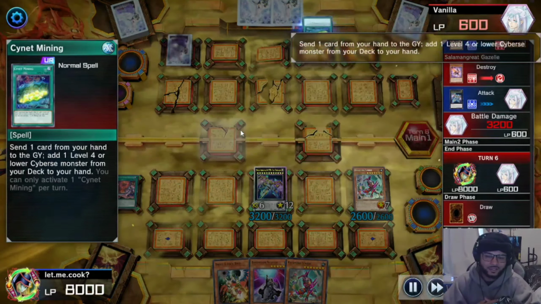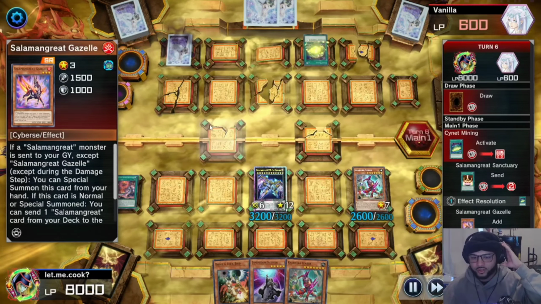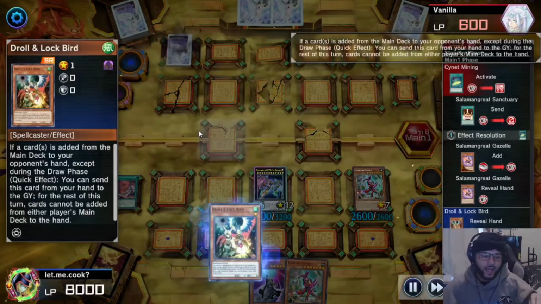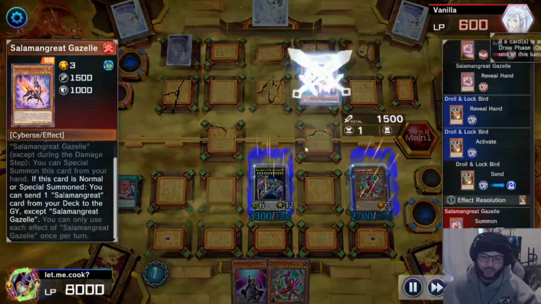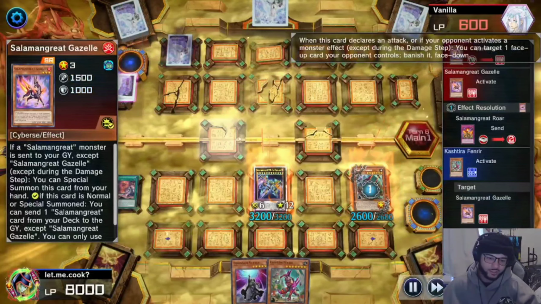Here they're going to activate the Silent Mining. They're going to send a spell to the graveyard to get the third copy of the Gazelle. So of course I'm going to activate the Droll and Lock Bird so they can't add any more cards. They're going to activate the Gazelle, sending a trap to the graveyard. I'm going to banish the Gazelle because...